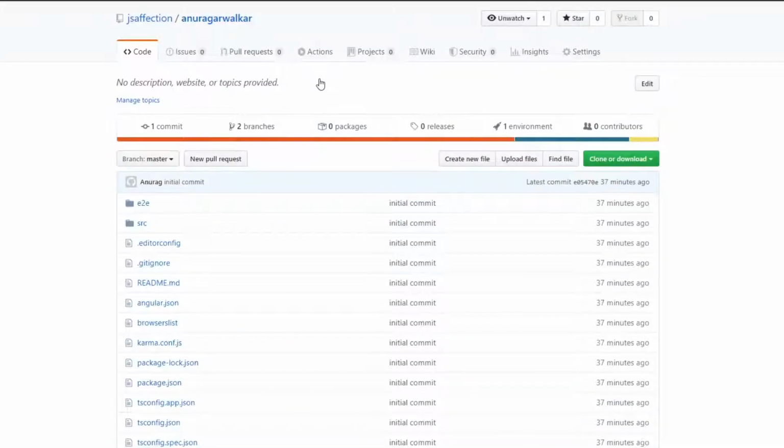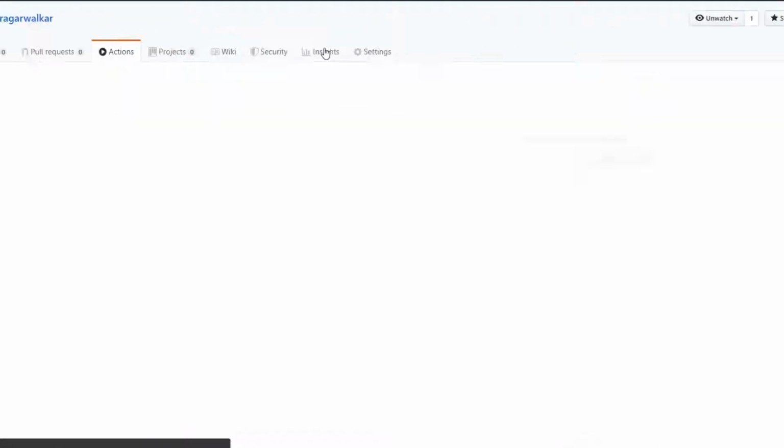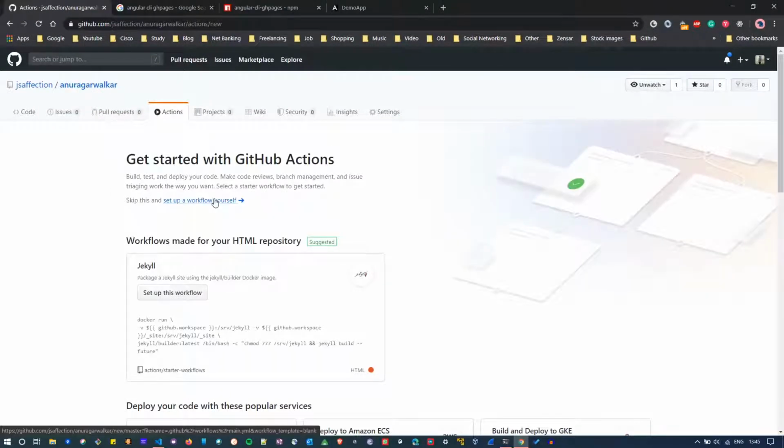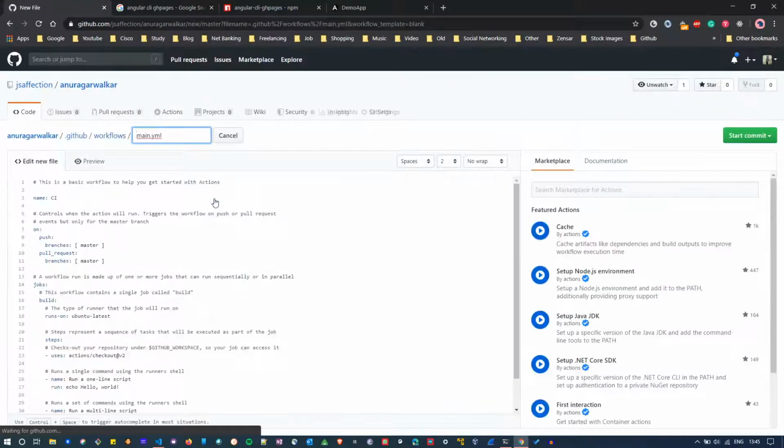Once that's done, again go to your repository. There you'll see the GitHub Actions tab, and there click on set up the workflow yourself. It will create a .github folder under your root directory. Into that folder, it will create a workflows folder and then it will create a main.yaml file into the workflows